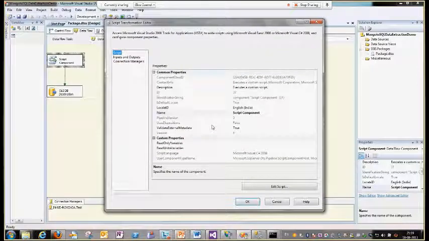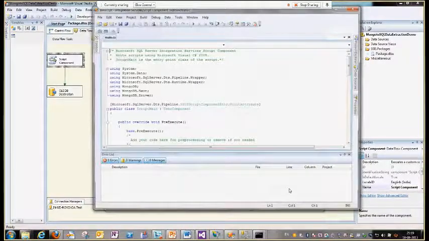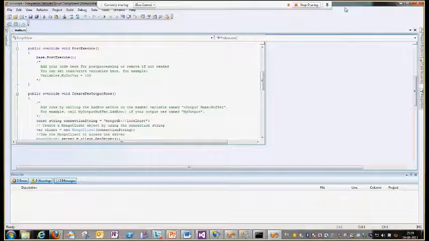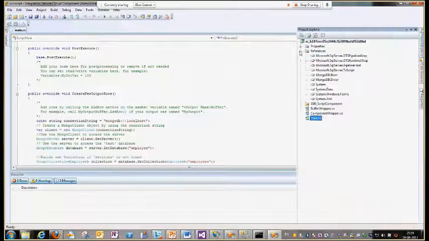So this is my script component. In case you are not familiar with SSIS and all, don't get worried. I will show you in another demo how you can do it in simple applications also. For the time being, just focus on this script. Here in this script, I had to refer to the driver provided by MongoDB for C# programming. Basically, these drivers expose those classes which are responsible for extracting data from MongoDB. So those two drivers are